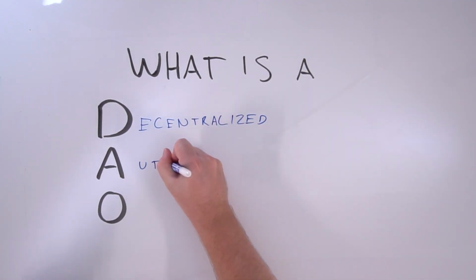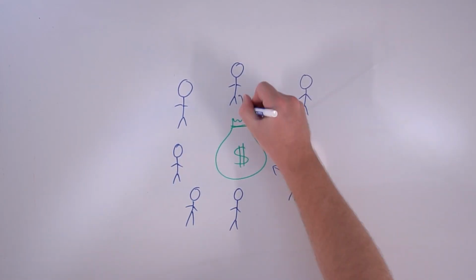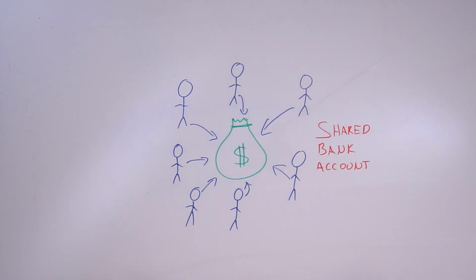DAO stands for Decentralized Autonomous Organization. In short, a DAO is a group chat with a shared bank account. People in the community propose ways to improve the DAO or the community, and sometimes they do this by spending the money in that shared bank account, and that money is called a treasury. This then goes to a vote, so the DAO votes, and if it's successful, then they spend the money.